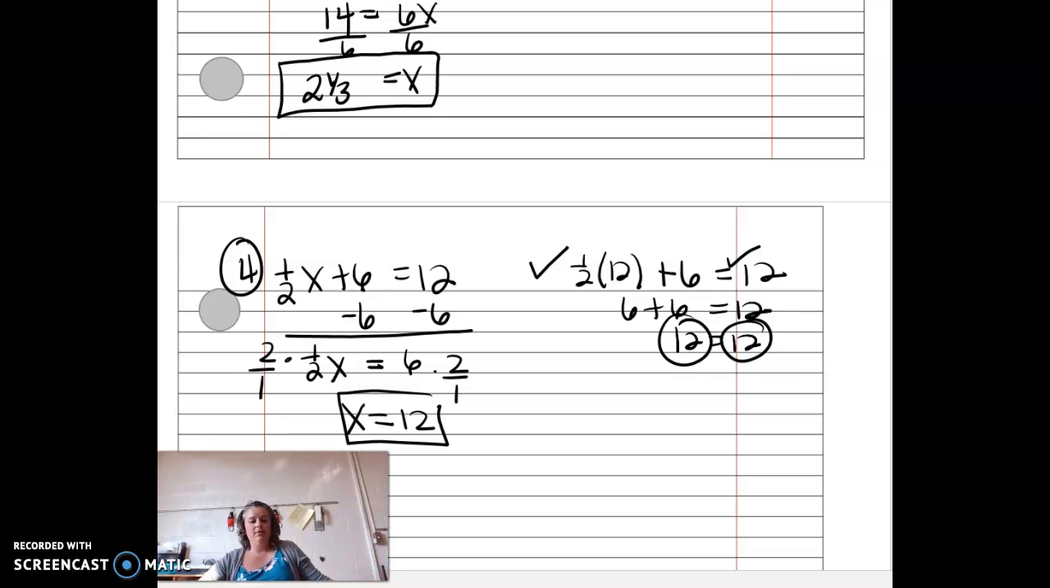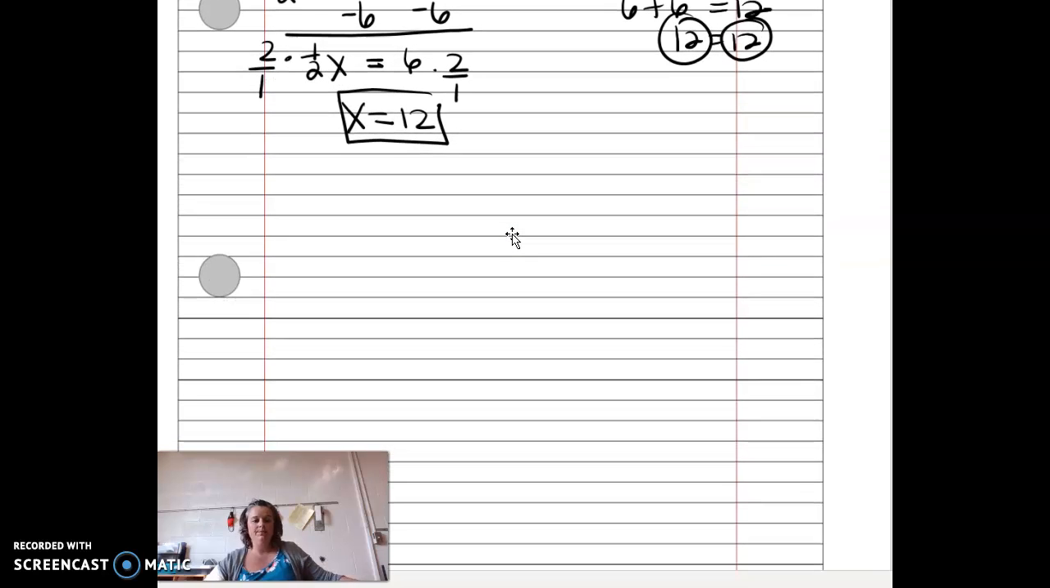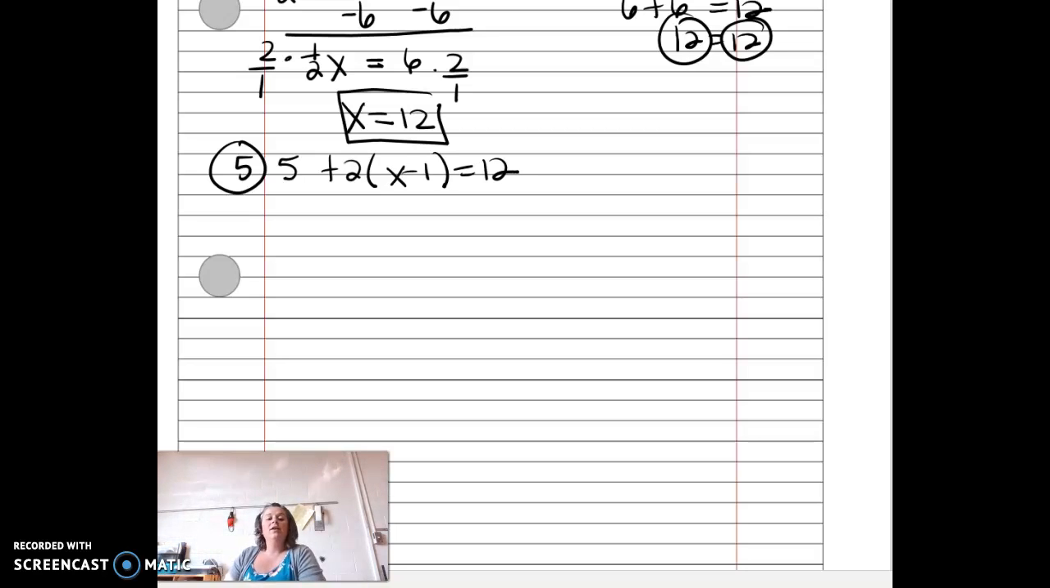All right, let's try another one with grouping. So you have 5 plus 2 times the quantity x minus 1 equals 12. Again, you've got a number outside of the parentheses. This is saying you have 5 coins. There's no variable there, so there's 5 loose coins, and then you have 2 groups of everything in here. So I'm just going to keep my 5 coins out. You have 2 groups of x's, so I have 2x, and 2 groups of -1, which gives me minus 2